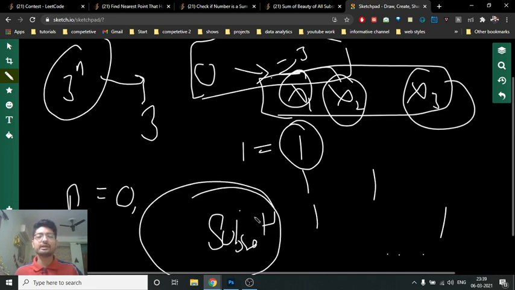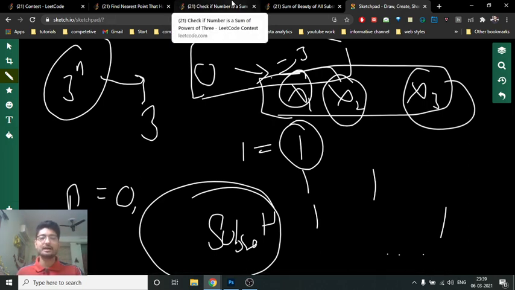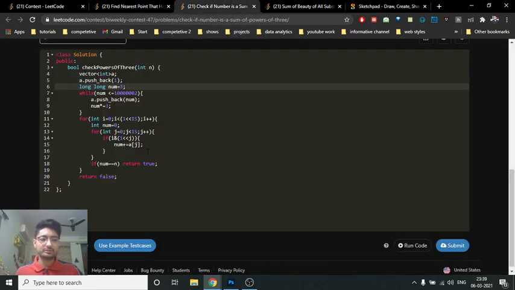Okay, so now what we'll actually have to do here is use some sort of bit masking to find out all the subsets, and then we just have to find out whether any of the subsets is equal to the n number which we have. If it is equal, then the answer is yes, because we can easily add them out and find the answer, else no.